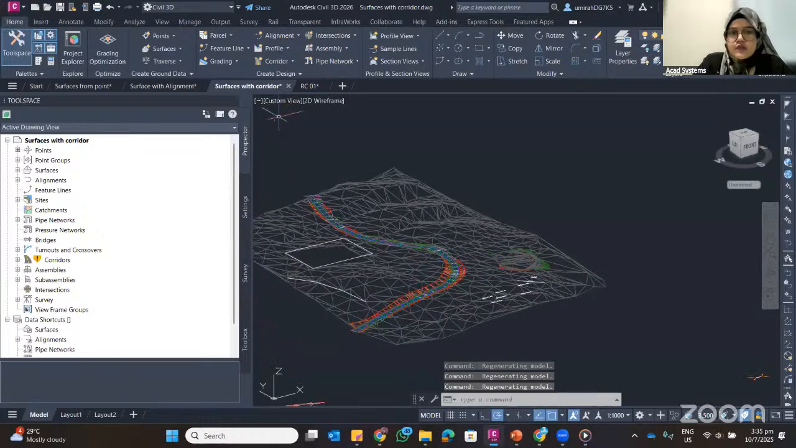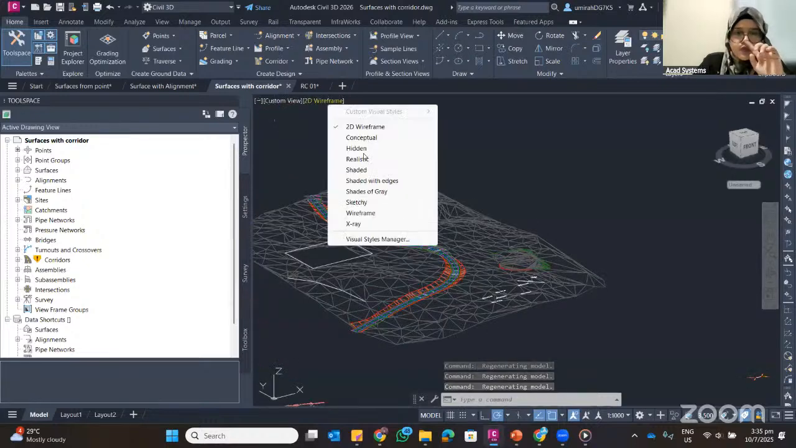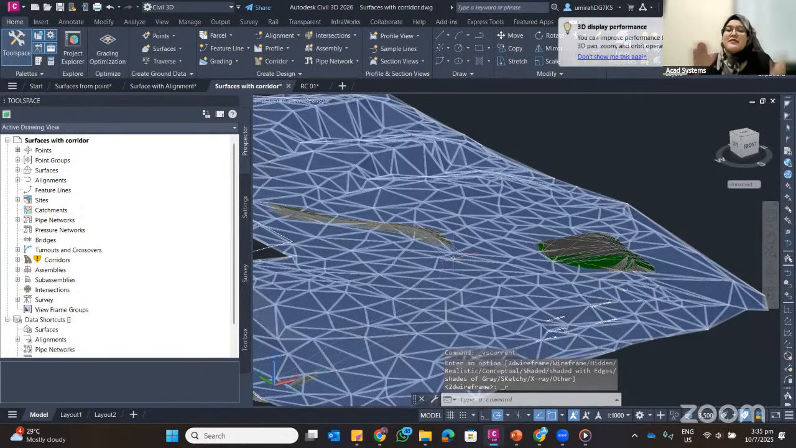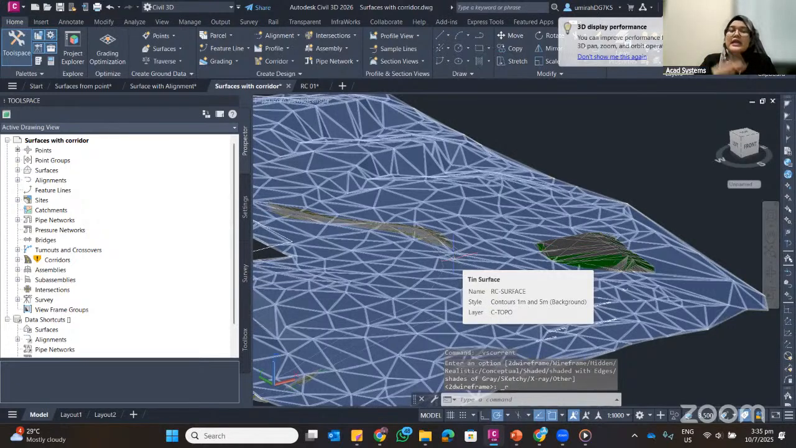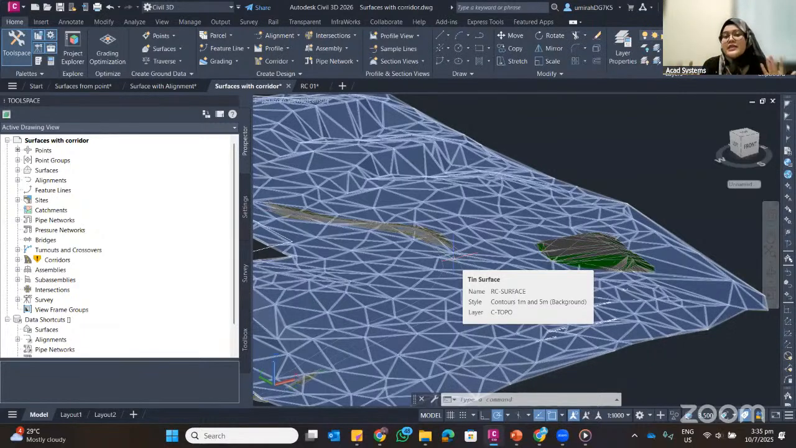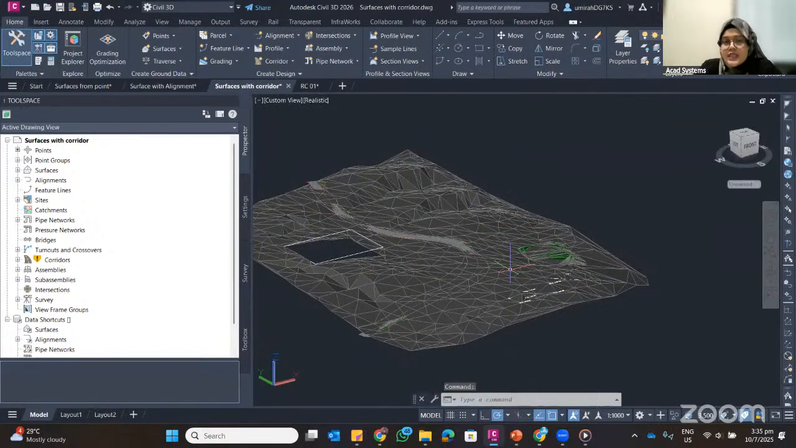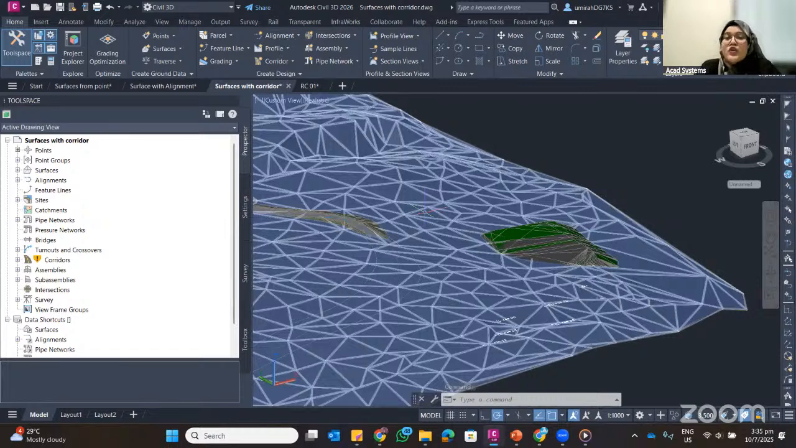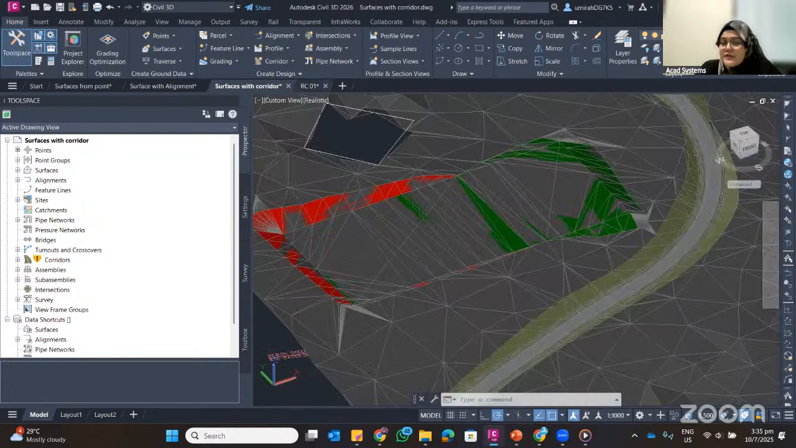Then I change the view area to realistic. Okay, you can see the surfaces are now layered on top of each other. You didn't see the final surface of your surface area. You can see I didn't clearly see the corridor, the grading, and so on. Okay, so to create this kind of surface view,